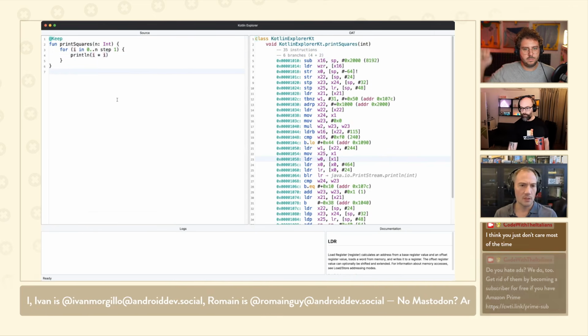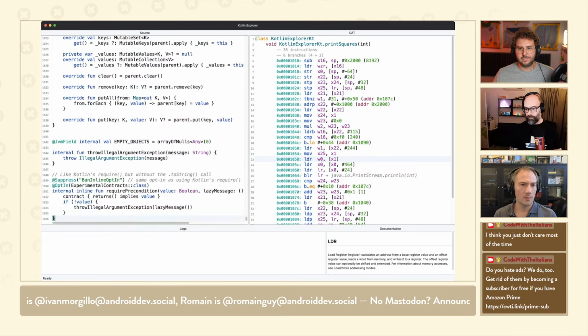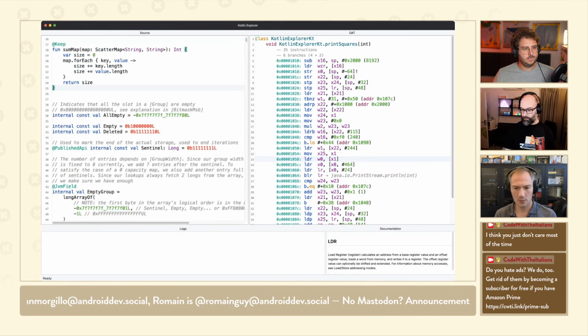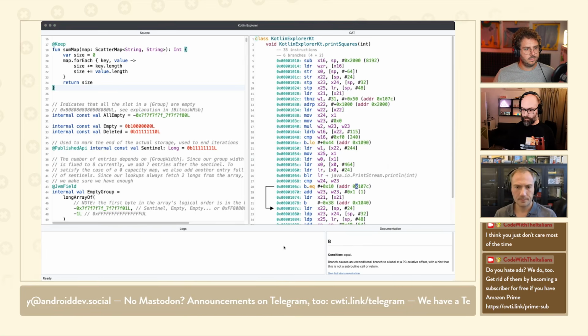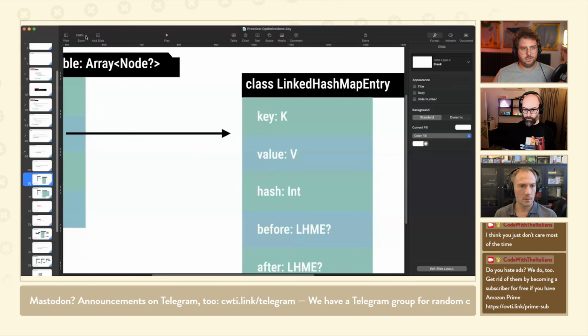Yeah, so if we go back to the hash map, I'm going to real quick show you slides that show information. Sorry, I'm trying to find the diagram because it will be easier with the diagram. Let's share my window. Okay. It's still Kotlin Explorer. Oh, no, now it changed.